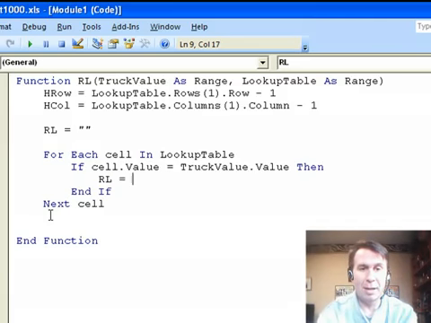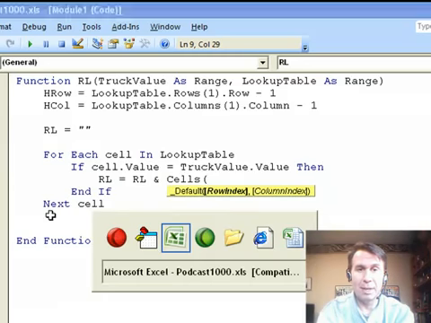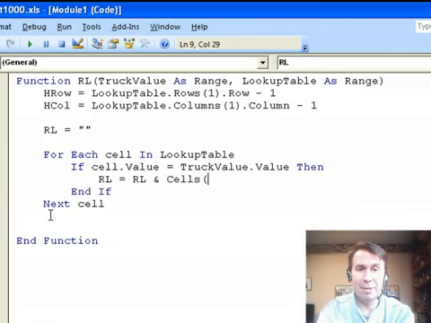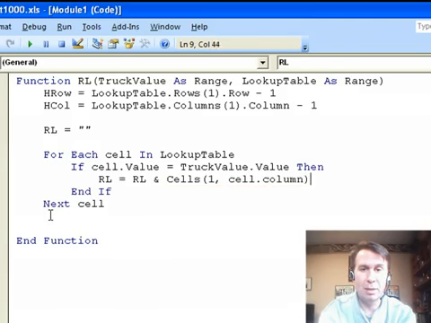That variable, RL, is going to be equal to the old variable, ampersand, and then we're going to add in cells. Which row do I want? Well, I want the row. Hang on, let's take a look at the data. I want to get the date first, so it's always going to be row number 1. And which column do I want? I want cell.column.value,